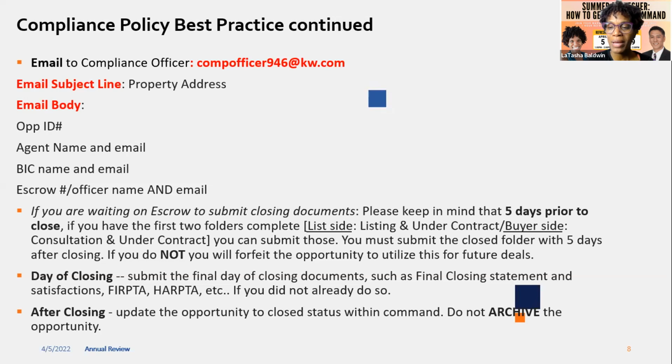Because right now, the way that command functions on the back end for us is that if you as the agent archive something, no one has access to that. So if there were ever any pending litigation or anything, nuances that needed to be revisited for a deal, we would not have the ability. And I say we, KW leadership in Maui and or Oahu does not have a way to get into that agent's back end system, because that's your proprietary information.